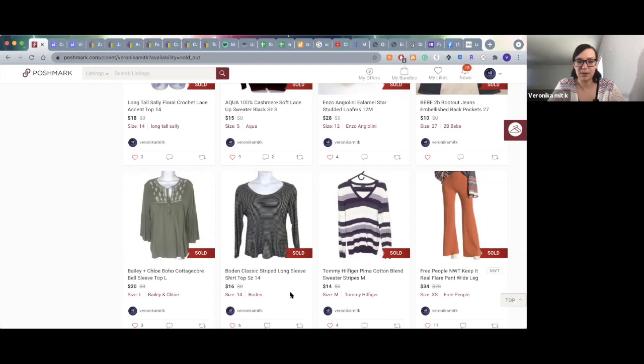Then I sold this Bowden classic striped long sleeve shirt/top in a size 14. That was also a result of closet clear out, and I communicated with an interested liker, and I dropped it down to 16 and she bought it, so I get $12.80 on this. This came from a regular thrift store. It was very plain and basic, but I still picked it up for about $3-4